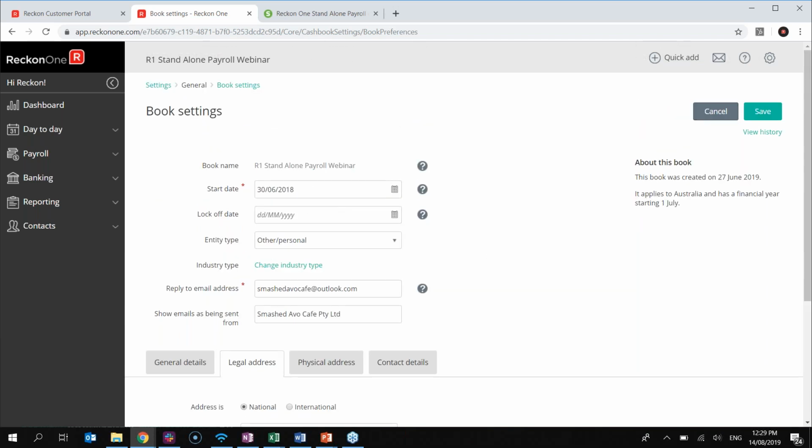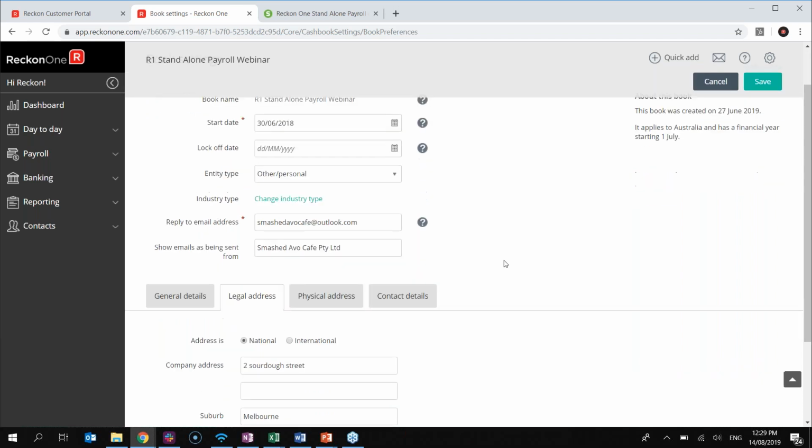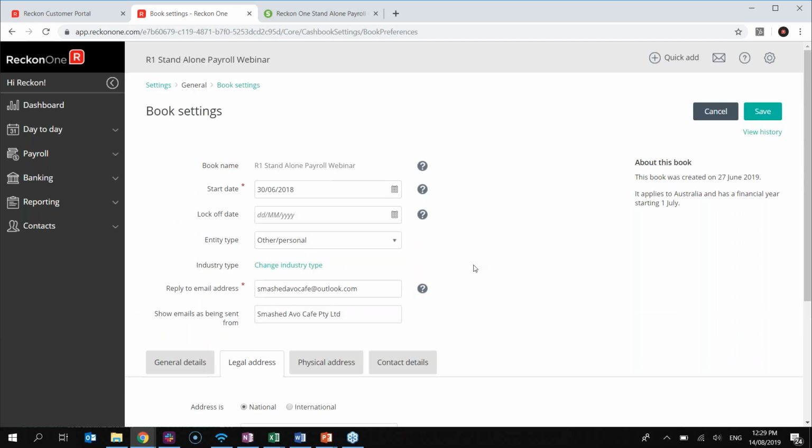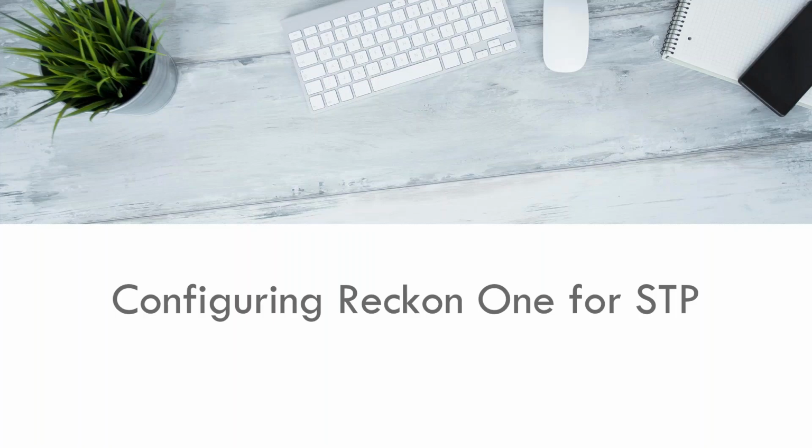Okay, so that's a few details to check for STP. Again, also just check that you've got the correct employee number, an employee number allocated to the employee so that it meets the ATO's requirements. So what I'll go through now is